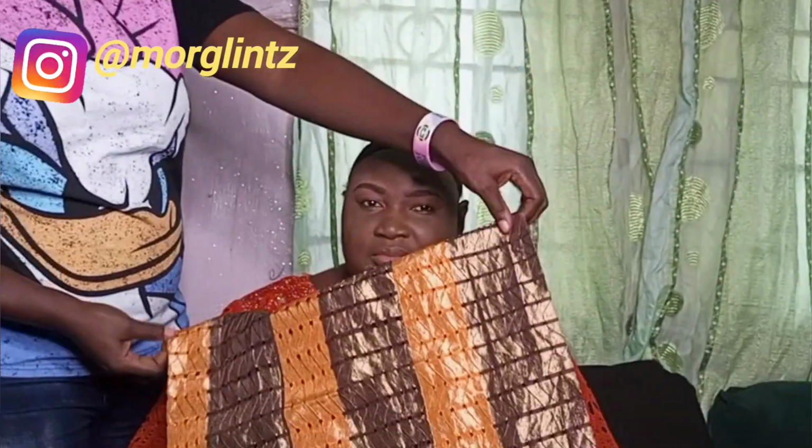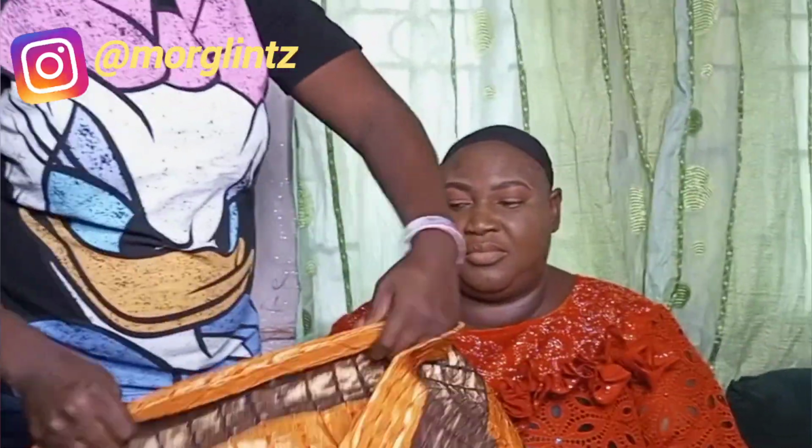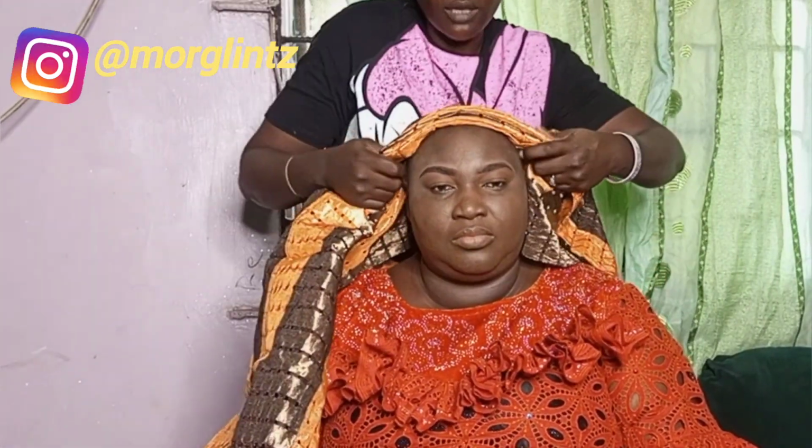So I have my gele of length 85. Then I'll be going with measurement 70-30. So from the point of the 70-30, I'll start making my fold. I will have a first pleat, then I'll do 4 pleats extra on it. So that's my 4 pleats. Now I'll place it on her forehead,